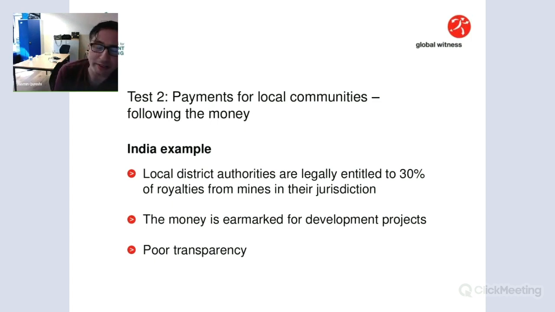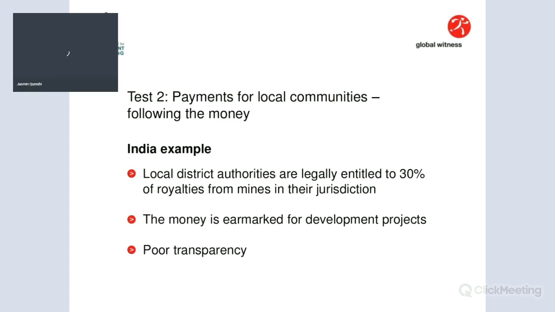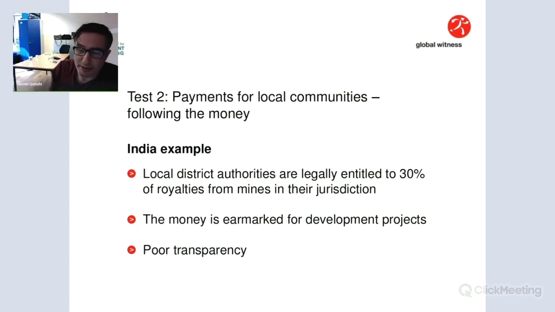So here's an example from India, where local district authorities are legally entitled to 30% of royalties from mines in their jurisdiction. And again, this money is earmarked for development projects to benefit local communities. There's some transparency, but I really don't think it's going down to the project level. So again, there's a real opportunity here to use this data, and just to show how easy it can be to calculate how much